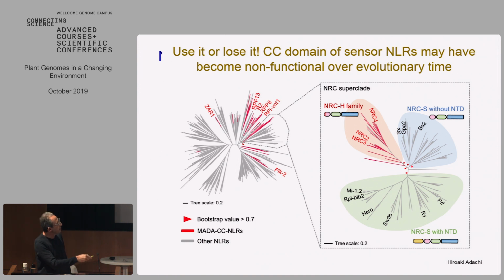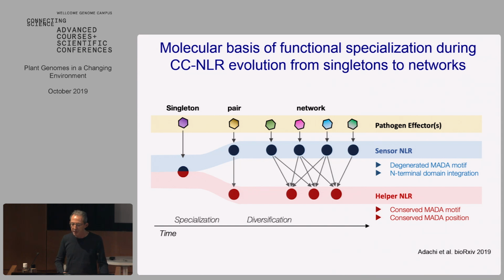So in that case, they can diversify, and they're under relaxed selection as far as that CC domain goes. And in fact, some of them even have acquired these N-terminal extensions, really then diversified even in terms of their modular structure compared to the ancestral state, which was probably an NRC-R1-like type NLR. So this leads us to, again, this model, but now we have some understanding of what happened as these NLRs